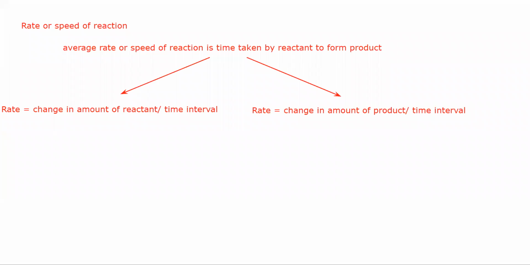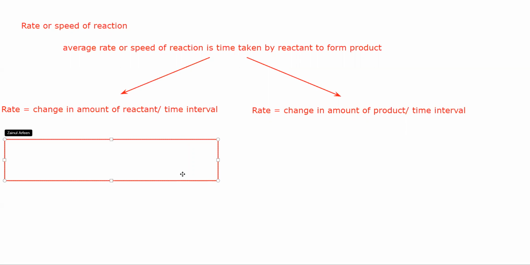So both formulas can be used to calculate the rate or the speed of a chemical reaction. For example, the amount of reactant always decreases when a chemical reaction occurs, and the amount of product always increases, because the product is the substance which is formed and the reactant is the substance which is used up during a chemical reaction. So if there's a table given,